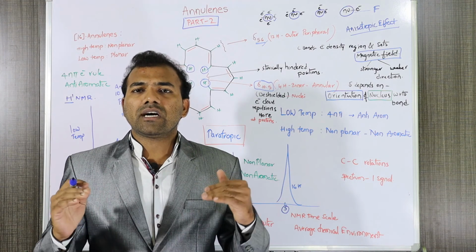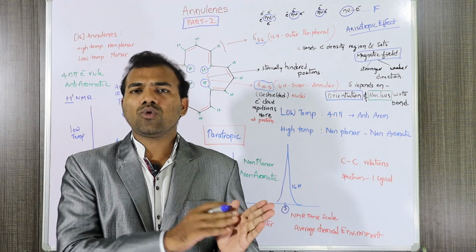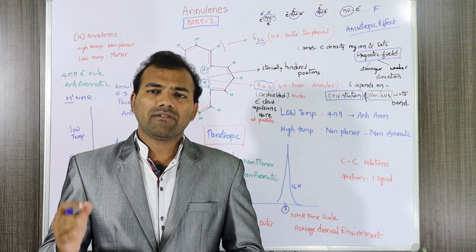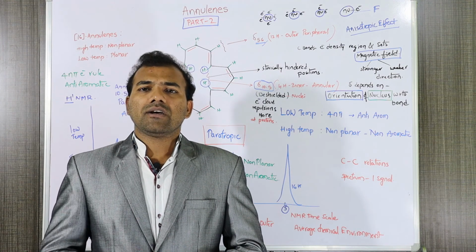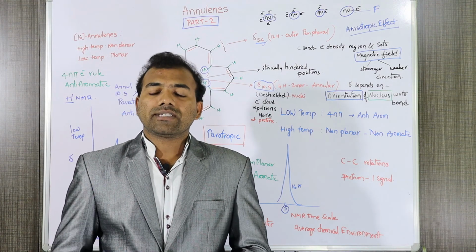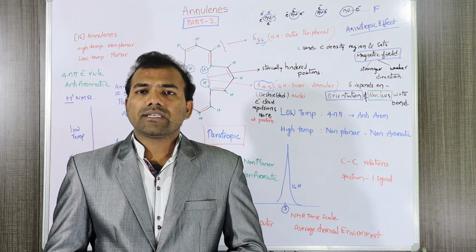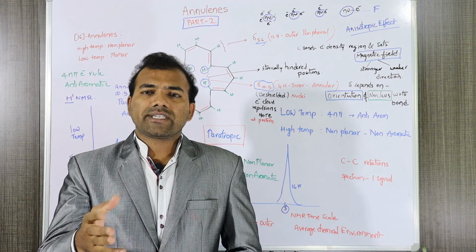So these annulenes are very important. It is sufficient to study from 10 to 20. More than 20, it is not necessary. But we can predict the aromatic nature through the spectral studies of the chemical shift values. I hope you understand today's concept, anisotropy and van der Waals deshielding in these annulenes, and how they are affecting the chemical shift values. So I hope you understand.